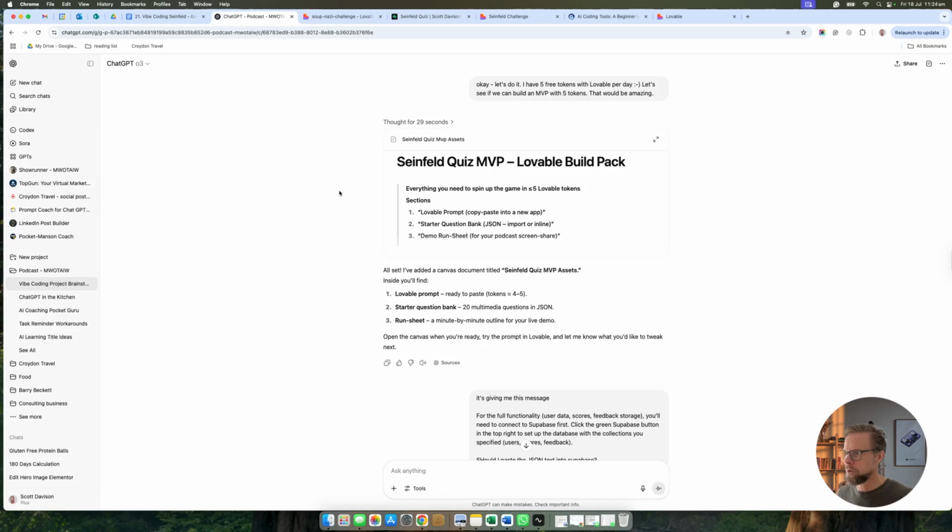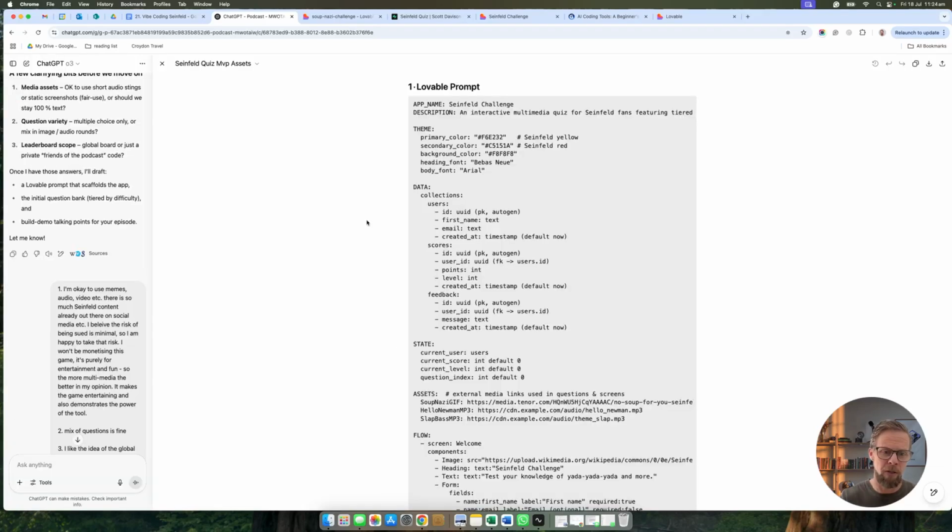So let me just go to ChatGPT. I spent a bit of time before I even went into Lovable just workshopping the idea with ChatGPT. This is what I'm thinking. This is how the game could work. And we sort of brainstormed a few ideas. Obviously, I explained to ChatGPT that I was using Lovable, and I asked it to help me write a really detailed prompt that I could paste into Lovable.